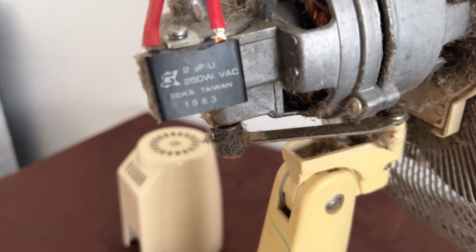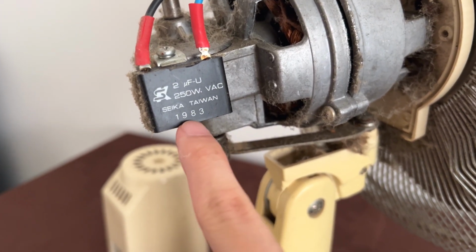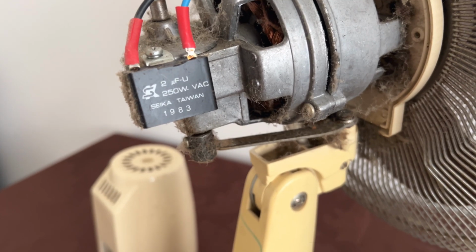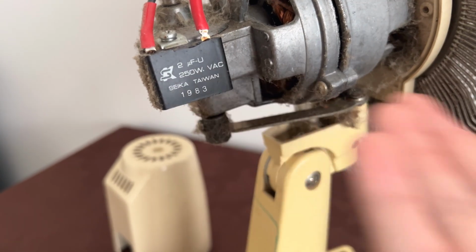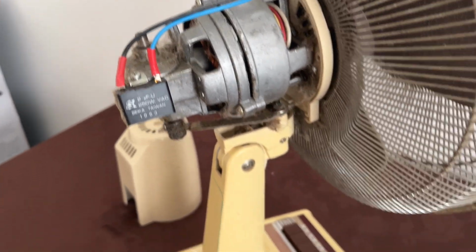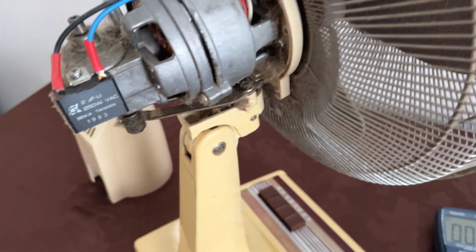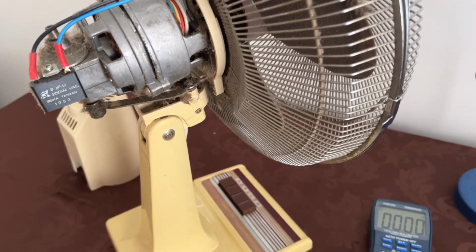And also, before I continue, maybe this is a date code, 83, so it's not a late 80s fan. It's an early 80s fan, if this is a date code. I'm not sure, maybe it's the 19th week of 1983? Who knows? But anyways, coming back to the fan, I guess the only way to diagnose this fan is just